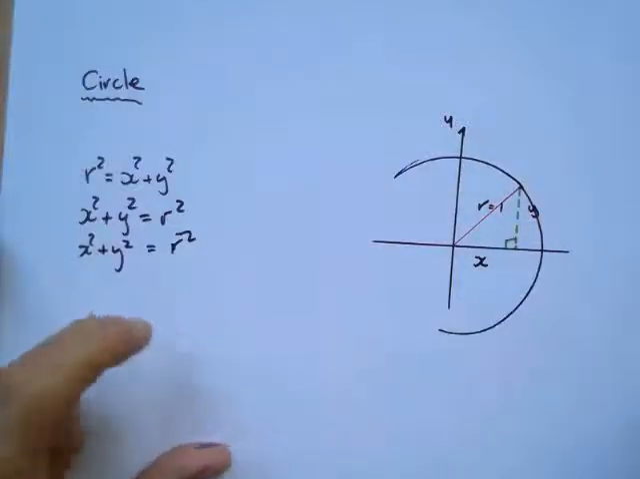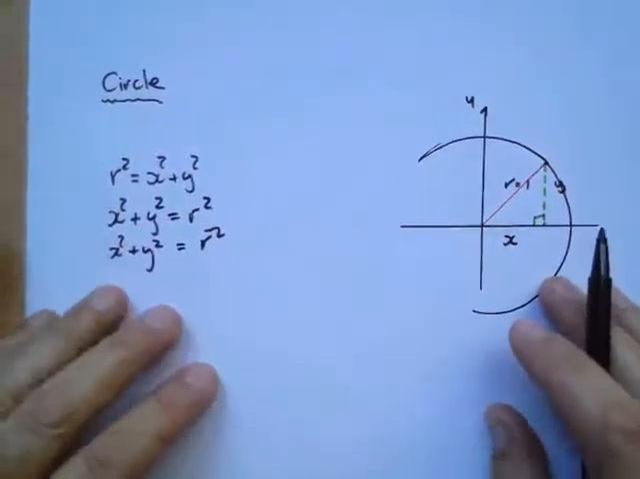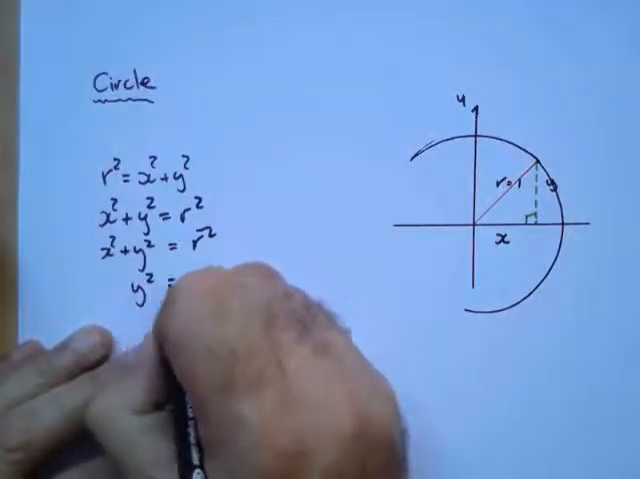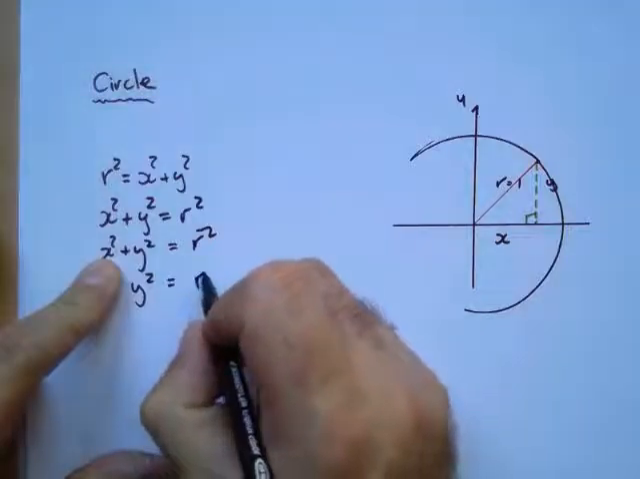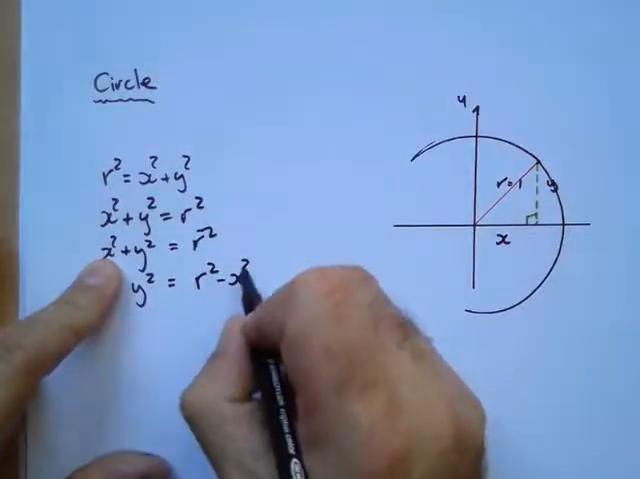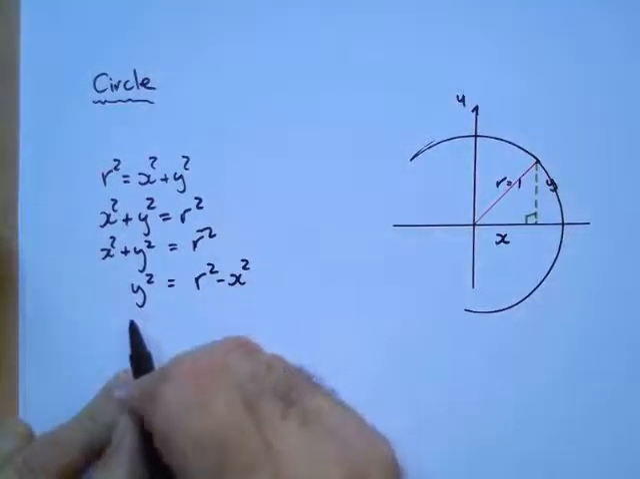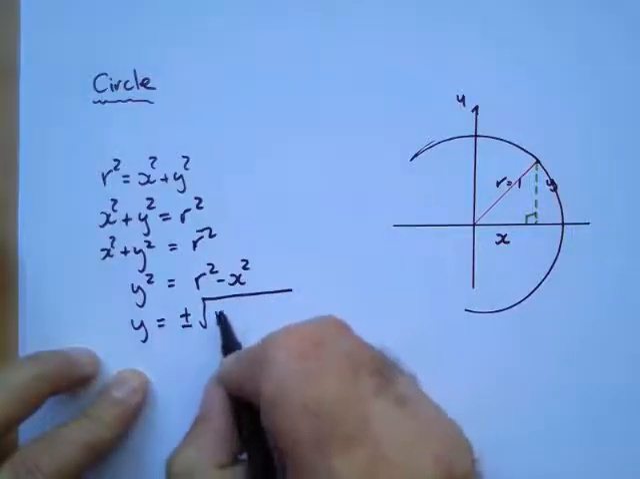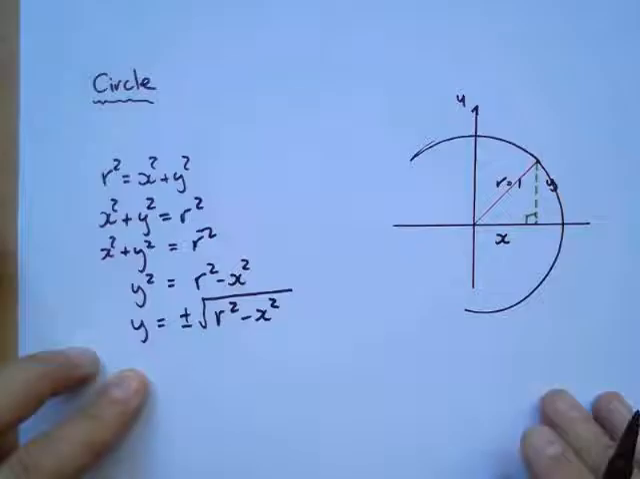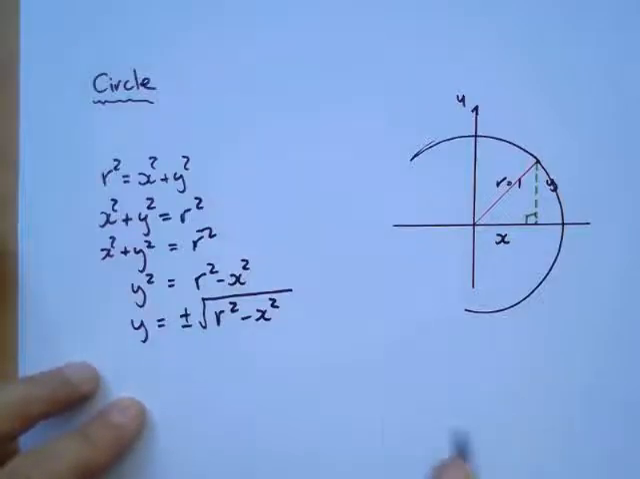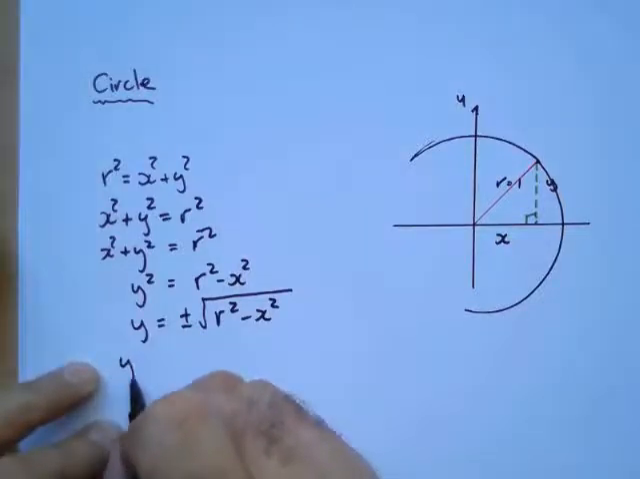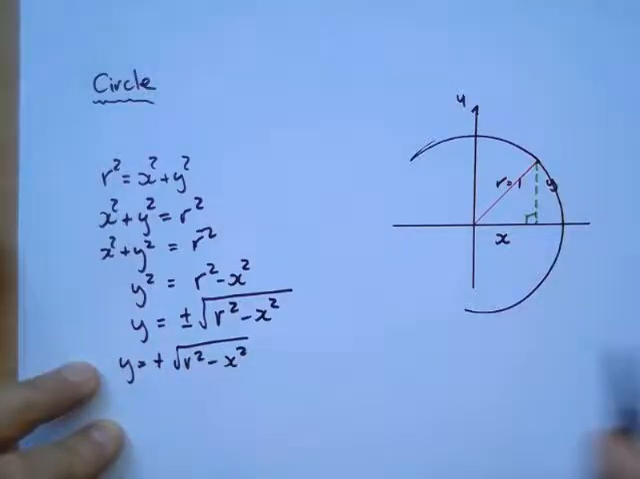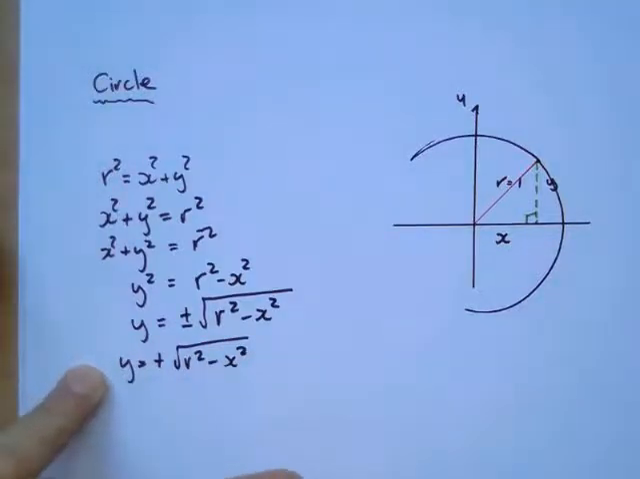x values. Now if I simplify this and write this as y equals something, I can say y squared equals r squared minus x squared, subtracting x squared from both sides, and I take the square root, then y equals plus or minus the square root of r squared minus x squared. If I have y equals the positive square root of r squared minus x squared,